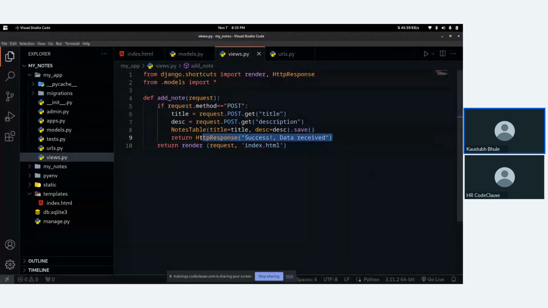Now, instead of using this HTTP response, we can use one JS library called SweetAlert to display that your data is saved.